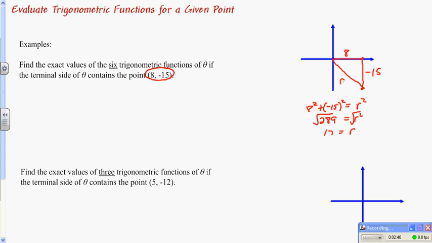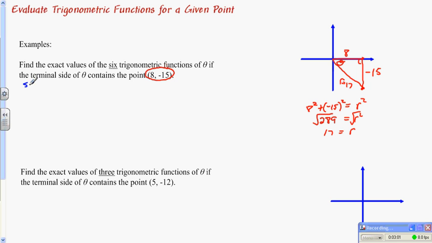So r is 17. That gives us 3 sides of a right triangle, where theta is the angle from the x-axis to the hypotenuse,